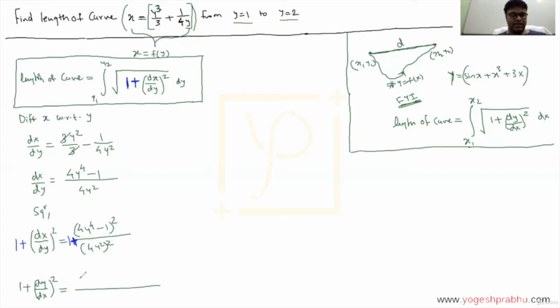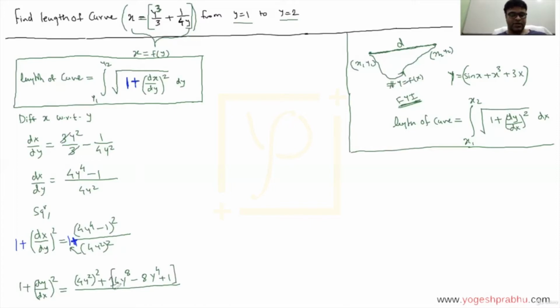This is going to be 4y square the whole square. I multiplied this over here, plus, now there is this term. Let us expand this, okay? So what will we get? We will get 16y raised to 8 minus, the middle term will be 8y raised to 4 plus 1. So basically, this is the expansion of this whole thing, okay?